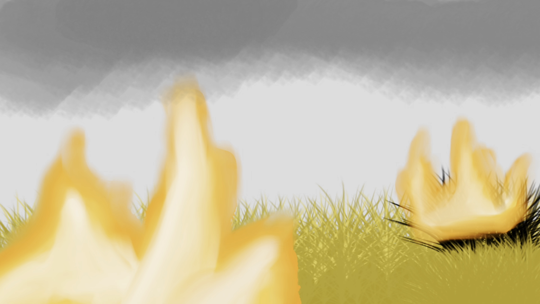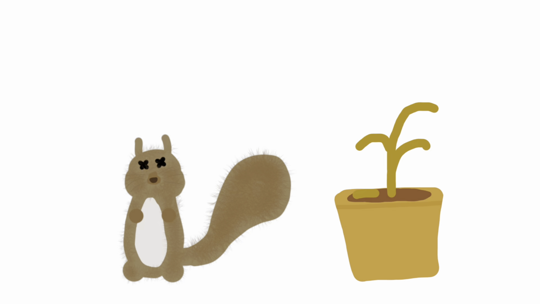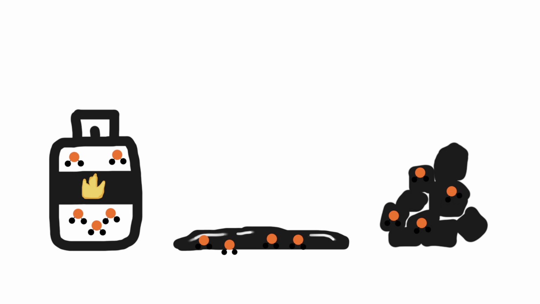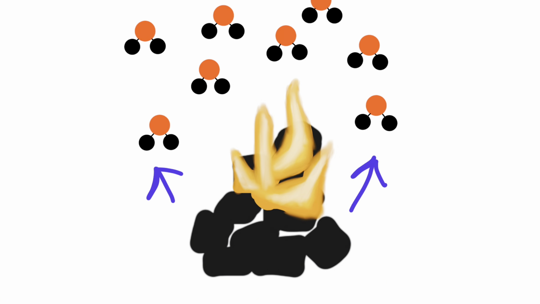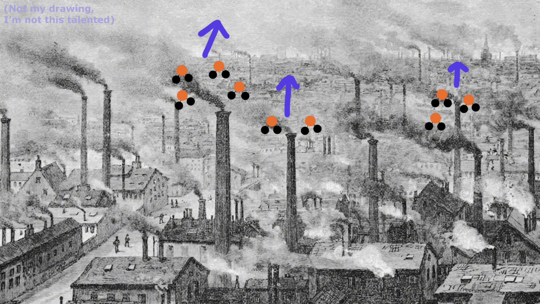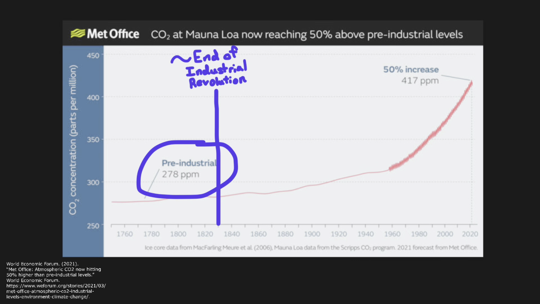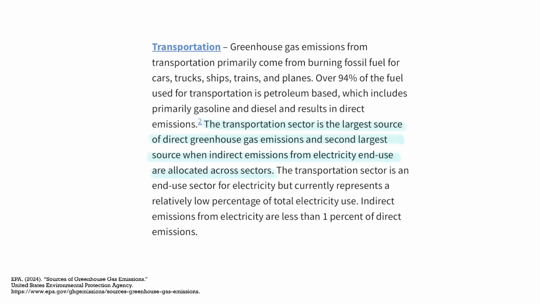You might recall that carbon dioxide can be produced from decaying matter. Deceased organisms, such as plants and animals, are the main components of the fossil fuels natural gas, natural oil, and coal. In their raw forms, the carbon dioxide inside these fossil fuels is trapped, but upon combustion, the stored carbon dioxide is released into the atmosphere. Because the burning of fossil fuels became popular following the Industrial Revolution, scientists usually compare pre-industrial levels of atmospheric carbon dioxide to post-industrial levels in order to gauge how much of the carbon dioxide in the atmosphere can likely be attributed to human activity. The main source of direct carbon dioxide emissions is the transportation industry.